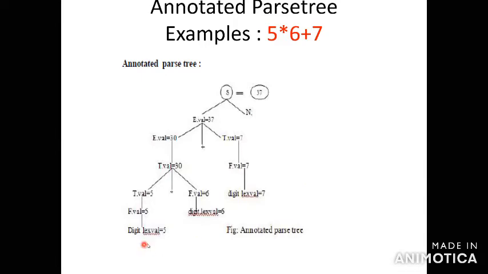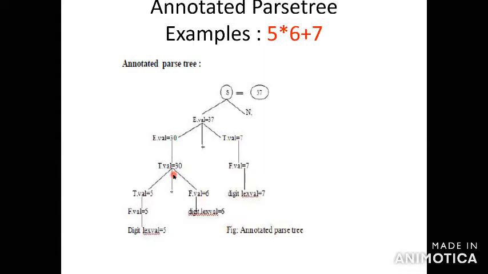So first, digit will be equal to 5. Digit will be reduced to F. Then F will be reduced to T. Here check 6: 6 will be reduced to F. So T * F is 30. Then this digit is 7. So F is 7, and F will be reduced to T, which is 7. So E + T is E. T * F is